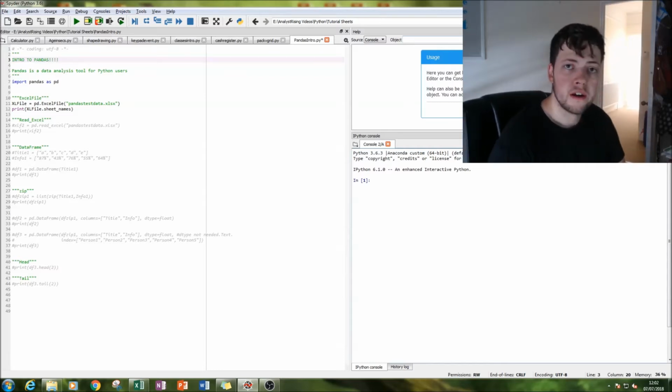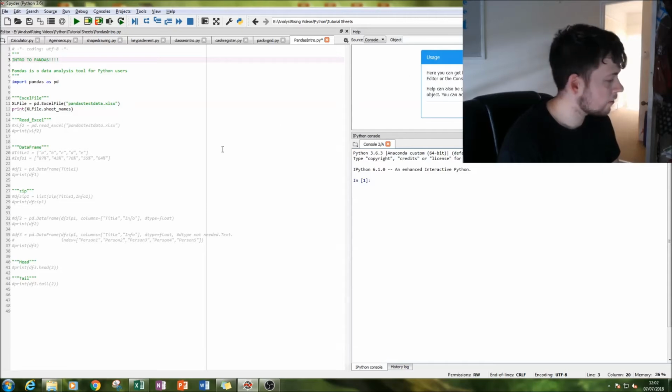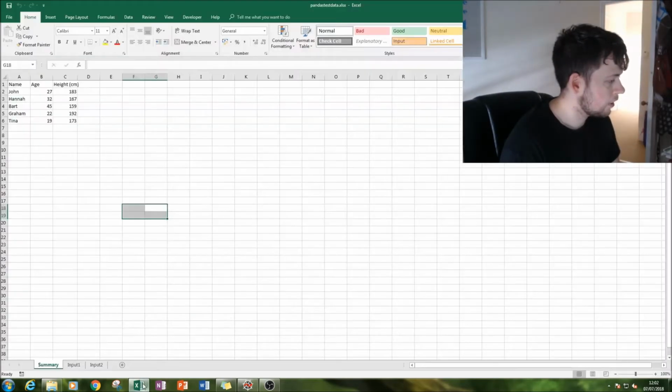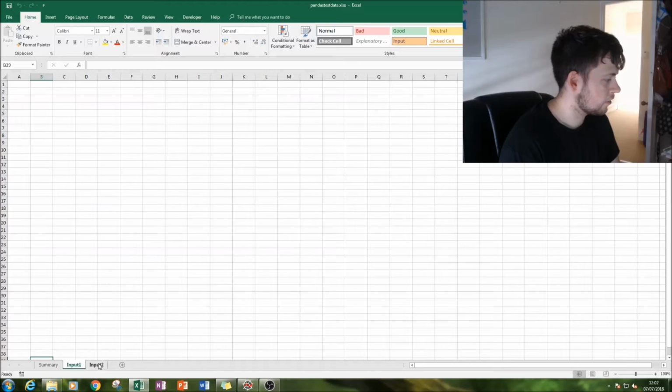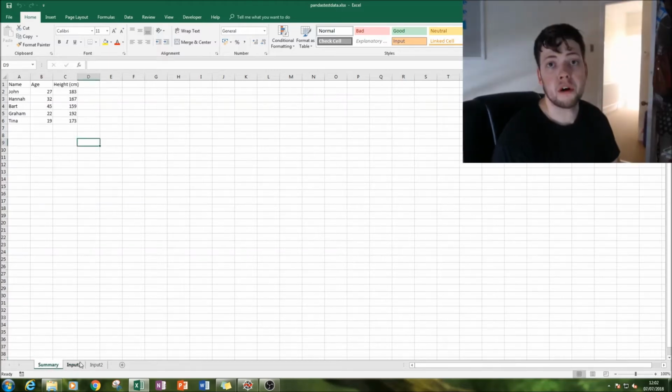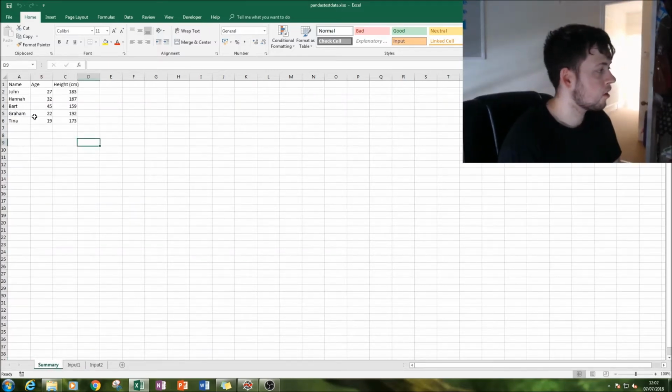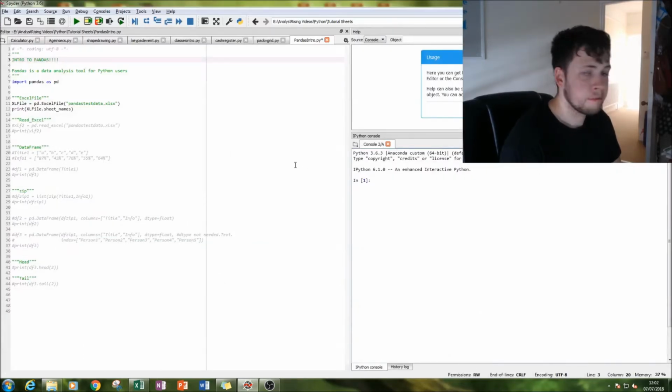So first things first, I'm going to create an Excel file. In fact, I've already done that. So if you flip over to my screen, you can see here I've created a title and 5 rows of data, and then I've also just created 2 more sheets called input 1 and input 2, and I've called this one the summary. And then what I've done is I've saved that, and we're going to be using that throughout